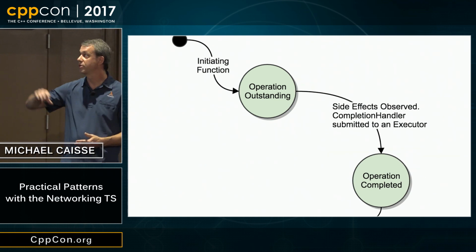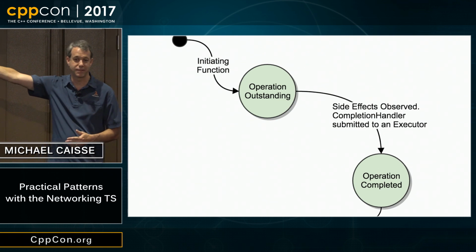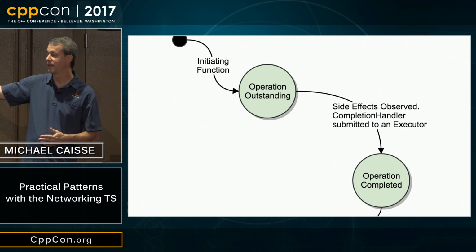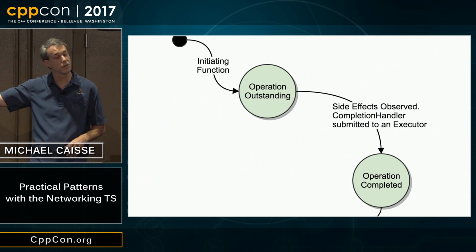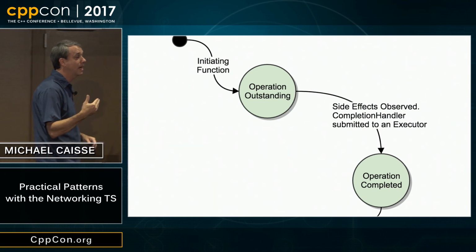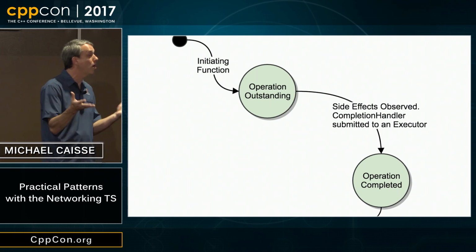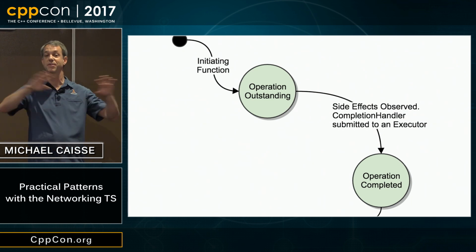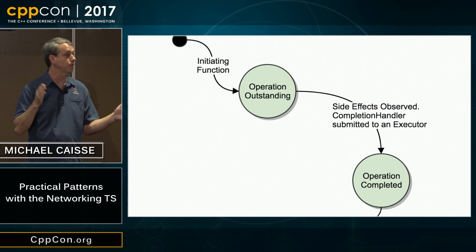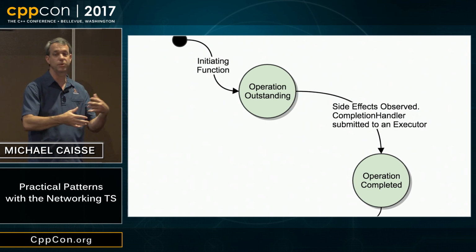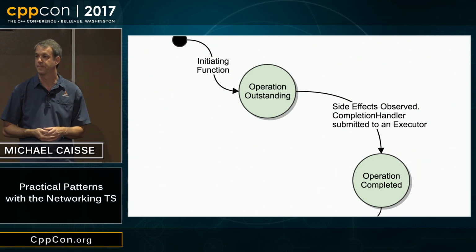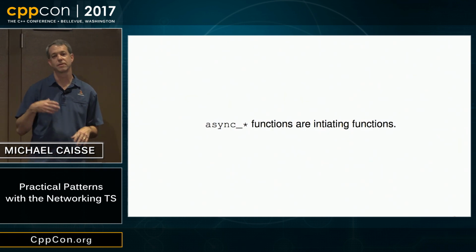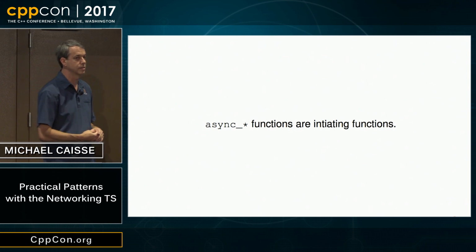That completion handler will sit inside of the operations completed state until the completion handler is called. And the completion handler will be called based upon the type of executor that you might have and the policies that are associated with that. We just learned the system one, the policy associated with it is happy to run everything all at one time. So however many threads are available, and if there's something inside the queue, it'll go ahead, if there's a thread available, and run it. Things that start with async underscore, those are initiator functions.